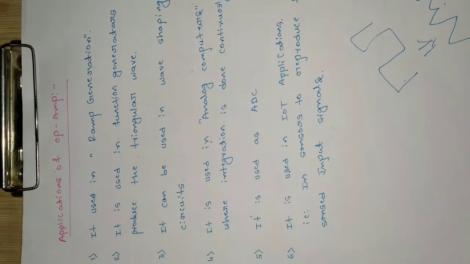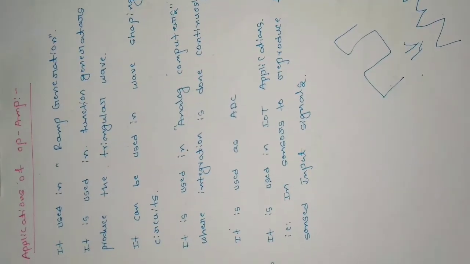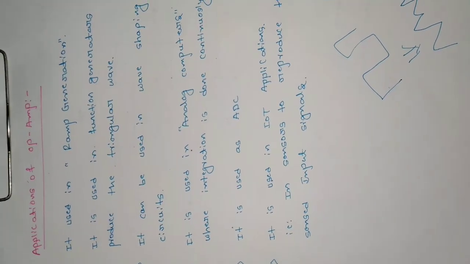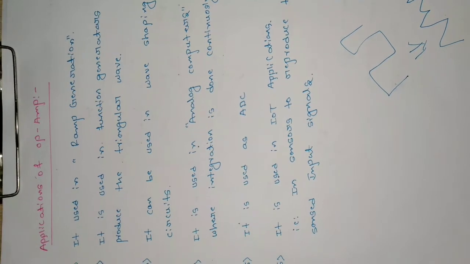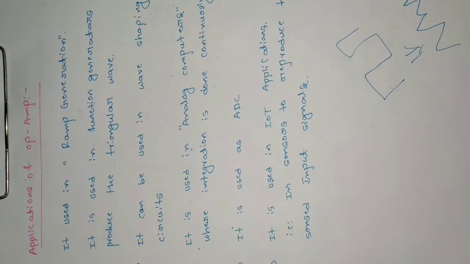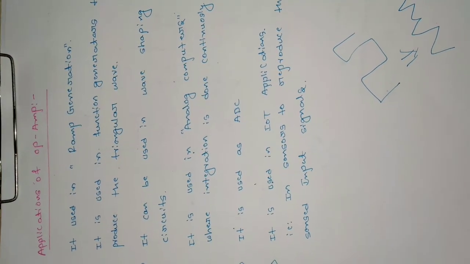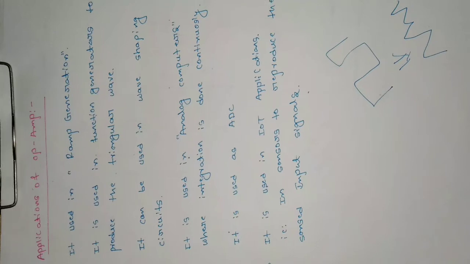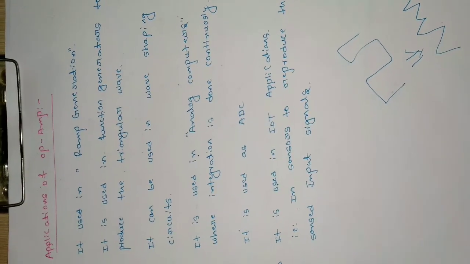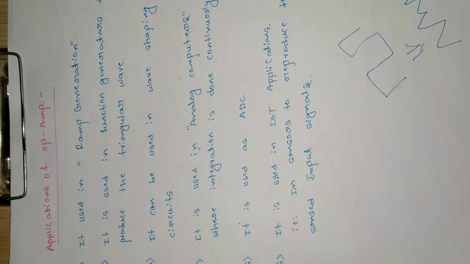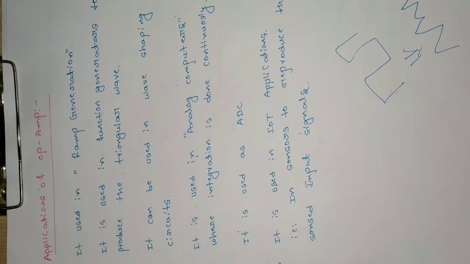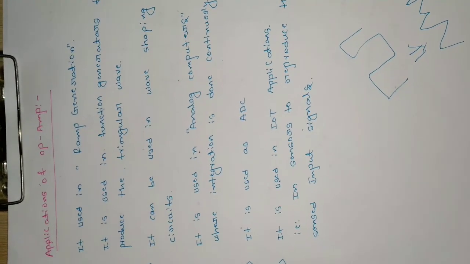And the fifth one is that it is used in an ADC, that is, an analog to digital converter. It is used in analog to digital conversion circuits, and in IoT applications, in sensors to reproduce the sensor input signal. If you are sensing something from the environment, it has to be reproduced, so we can use an integrator to reproduce that signal. It has to be given to the microcontroller, Zigbee or GSM module or anything. These are some of the possible applications, and they are not limited, guys. Depending on the application, we can use an integrator for anything.